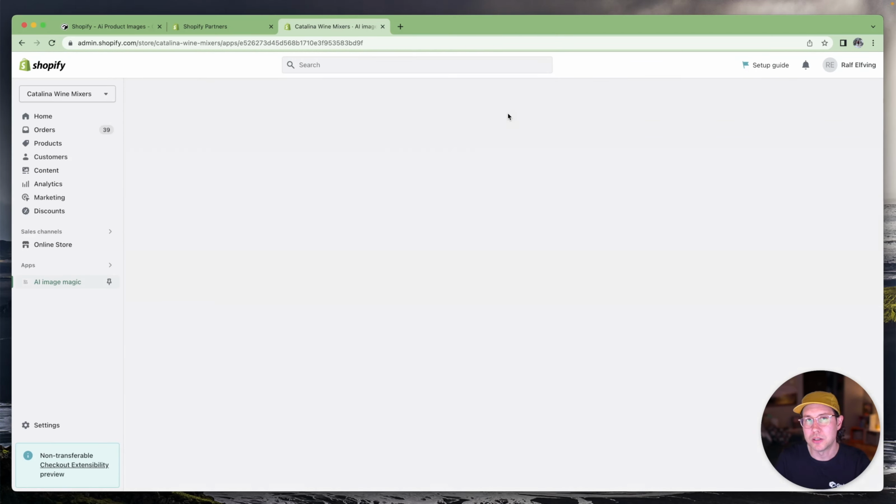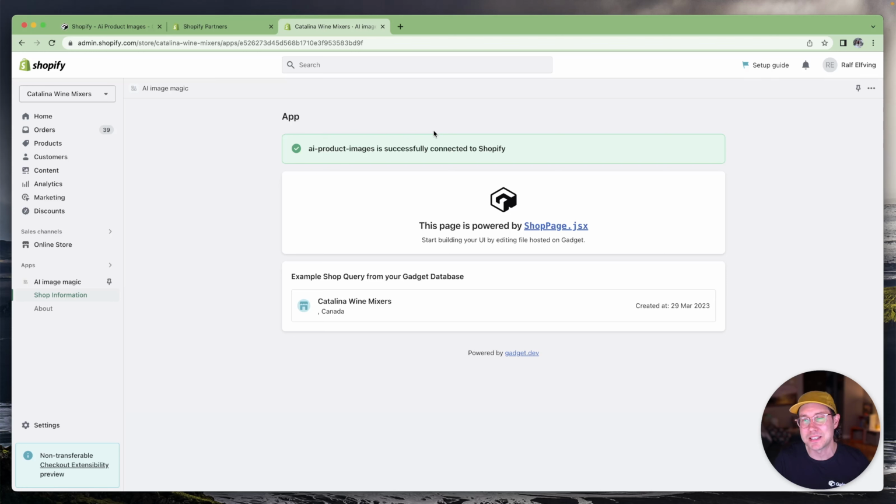The review team would probably ask, what is this app supposed to do? Because it needs to do something. It needs to have a UI. You need to have an app store listing that makes sense, etc. But from a technical requirement, you've skipped all of the boilerplate to be able to ship an app to the App Store. And what you see here is our Gadget app here,